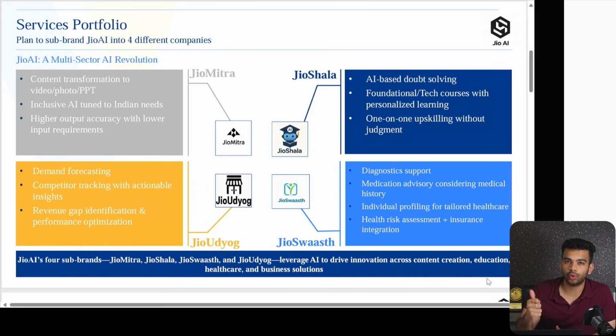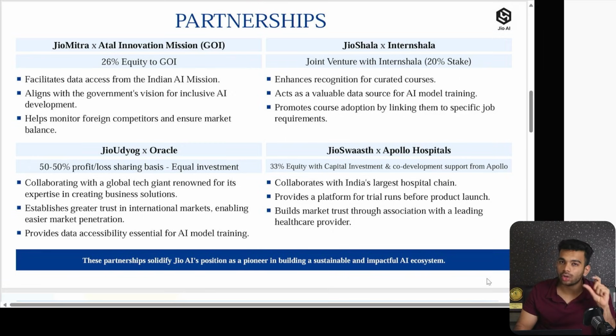the services portfolio. One thing I want you to notice is the fact that there is a title and a conclusion to each one of these slides. That is the first thing I want you to notice. And if you jump on to the second slide, I want you to notice the fact that the color scheme is constant. When you look at these slides one by one, the color scheme remains the same. That is yet another thing I want you to take care of.